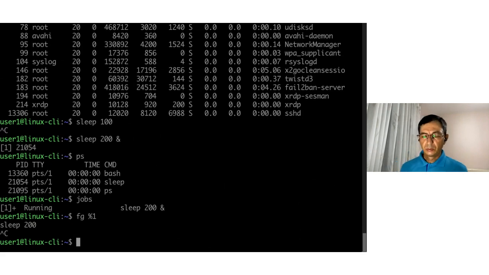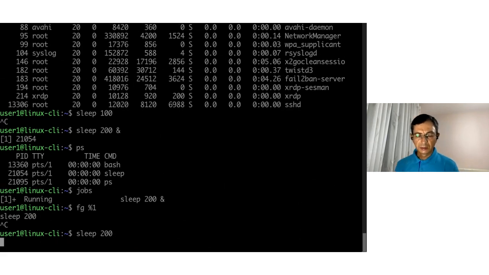We can also do the reverse. So a process that is running in the foreground, we can stop, and then we can start it in the background. For example, I am starting this command sleep 200. It will wait for 200 seconds. This command right now is running in the foreground, but if I press Control Z,